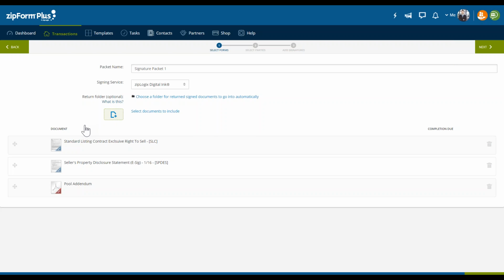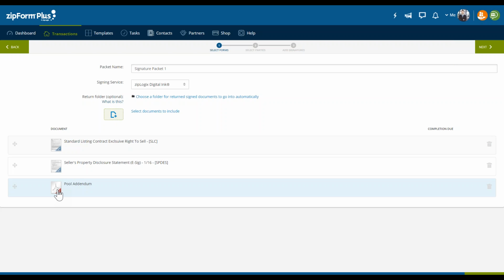So you have the flow of data and you have the auto tagging or pre-tagging through the e-sign solutions, Digital Ink or DocuSign. These external ones, they're documents that you upload in the platform where unfortunately they don't help populate the other forms, and they also don't populate automatically through ZipLogix's Digital Ink or DocuSign.